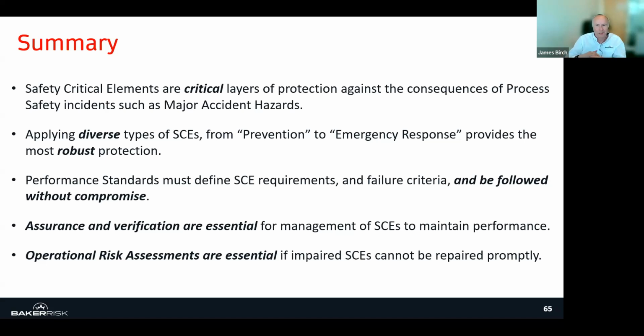That important point of assurance and verification and proof, because safety critical elements are, by definition, as you said, critical. Really, thank you for those points, and I would totally agree with them. It's so important that using the performance standard is what matters. And again, we've talked about that plan, do, check, improve process. Things will evolve. The plant will change over its life. You have management of change. You have all those systems in place to help monitor what's happening, so that it stays safe all the way through. So thank you very much for that, Amar. Wise counsel. Thank you.